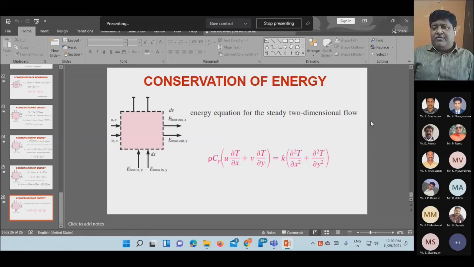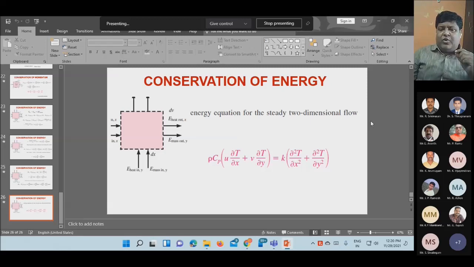Next important thing is you have to find out the wall boundary condition. The wall boundary condition is how the surface is heated. Normally a surface is heated in two ways. Either a constant wall temperature is given, or you have a heat flux. Suppose I have a pipeline, a tube, a pipe, and a liquid is entering. If I want the liquid to get heated up, I can put a heater over my pipeline.